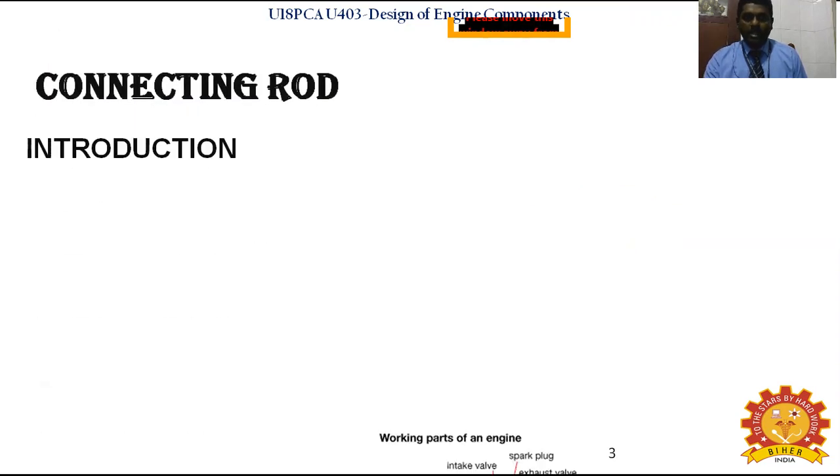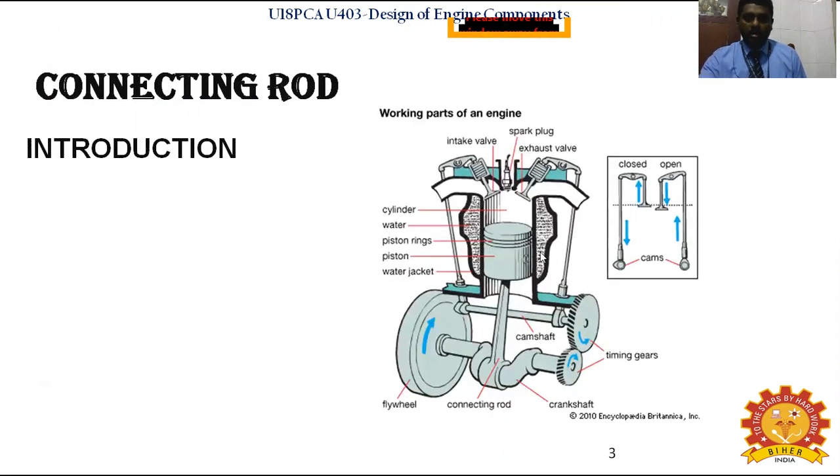So about a connecting rod, you are already aware of the internal combustion engine components. You have a cylinder as well as a piston. The cylinder is a hollow component and the piston is a solid component. It reciprocates inside the cylinder. That is the working principle of an IC engine. It is well known to all automobile engineers.